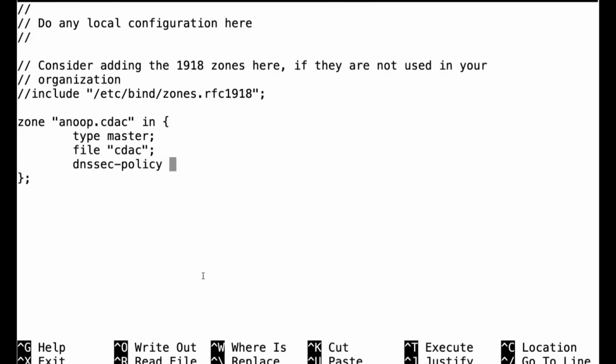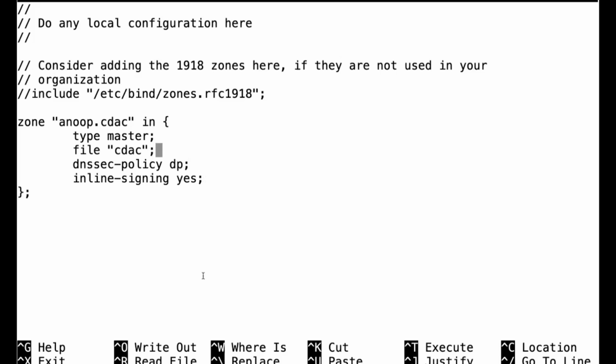So consider that the name of the dnssec-policy is DP, just some random name. And second thing is I have to enable the signing, automatic signing, which will be inline-signing yes. So these two lines are the only lines that we need to add for the